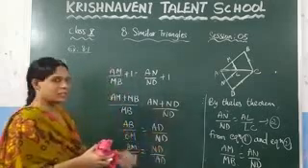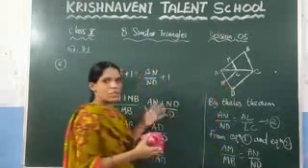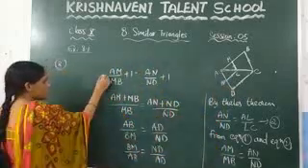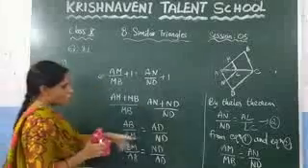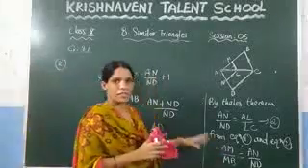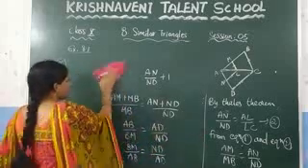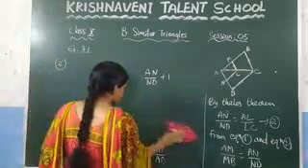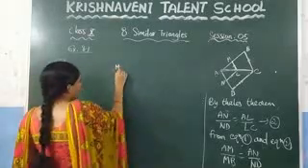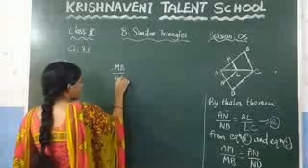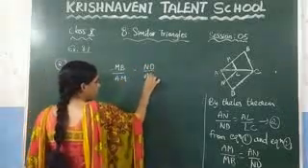Here what we have done is, in the question they asked to prove AM by AB equal to AN by AD. This one also they can ask differently, and at this step you can interchange these values. Let us interchange these values and check here. This one is also important. Now if you interchange these values, what you get? MB by AM is equal to ND by AN.